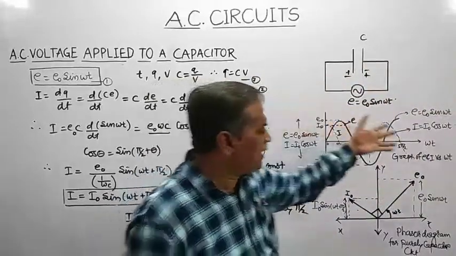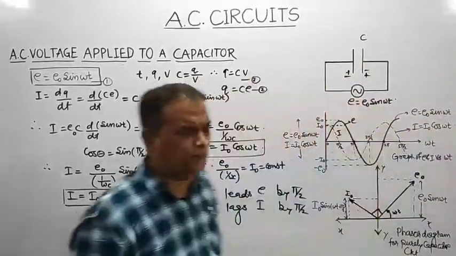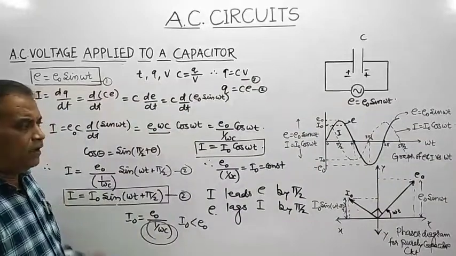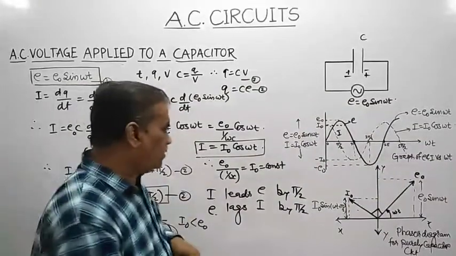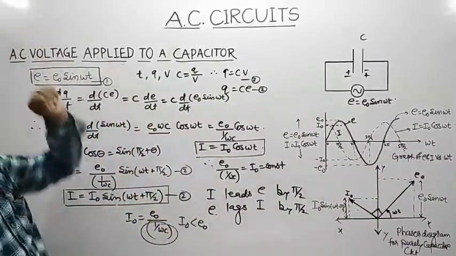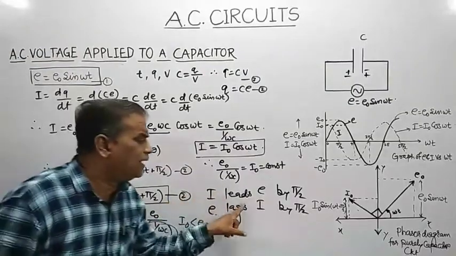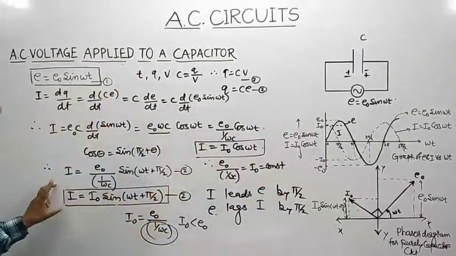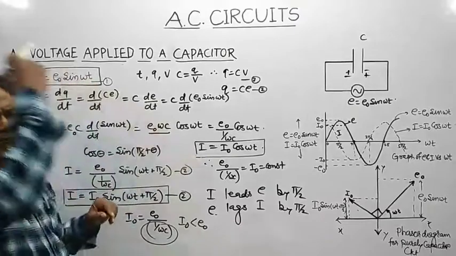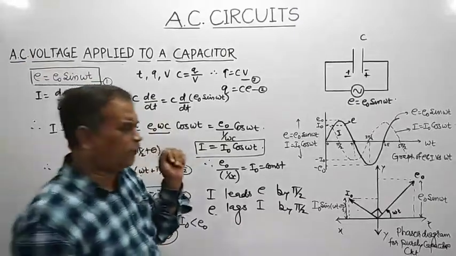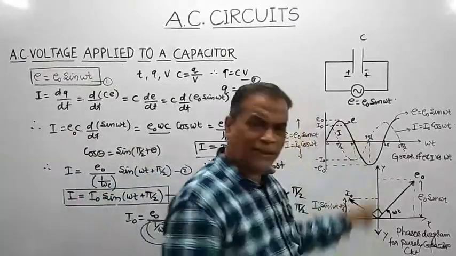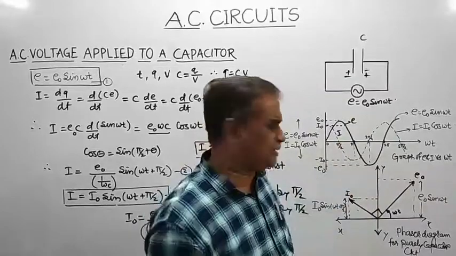So this is how the EMF and current are varying with respect to time. Now, as we know, in case of a purely capacitive circuit, current leads the EMF. Alternating current leads the alternating EMF by a phase angle of pi by 2. So in the phasor diagram for a purely capacitive circuit,